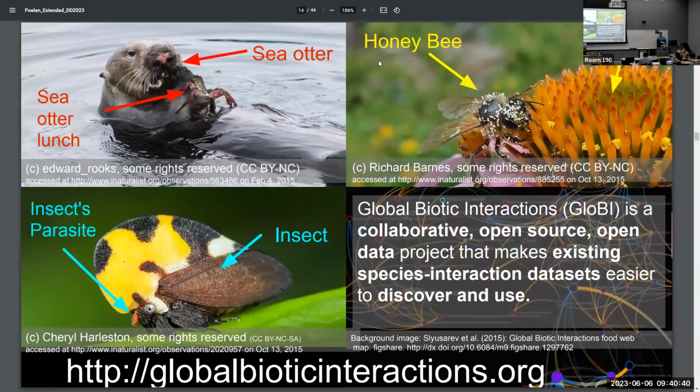So looking at Globi, I started to work on this about a decade ago with the help of many others. It's an open source, open data, collaborative thing. It's very tool oriented because my background is software engineering, so I think as a software engineer, right? So I thought, oh, this is an engineering issue. But it turned out, you know,